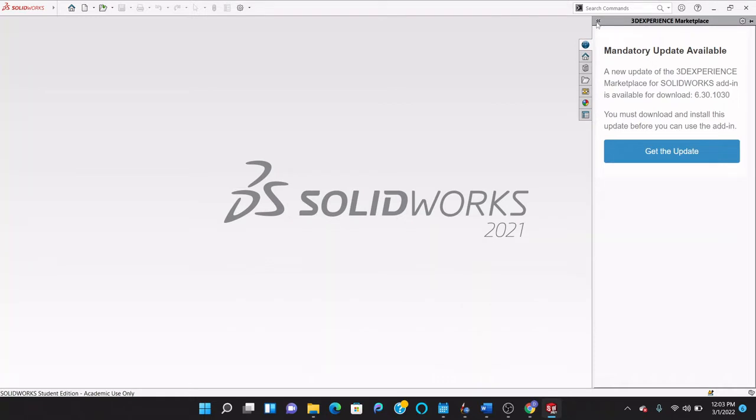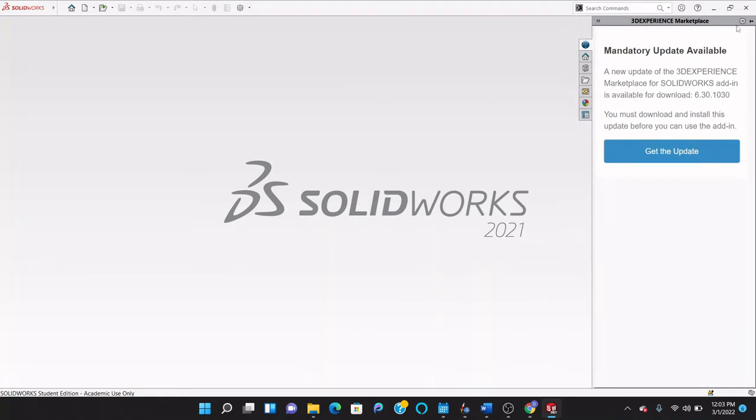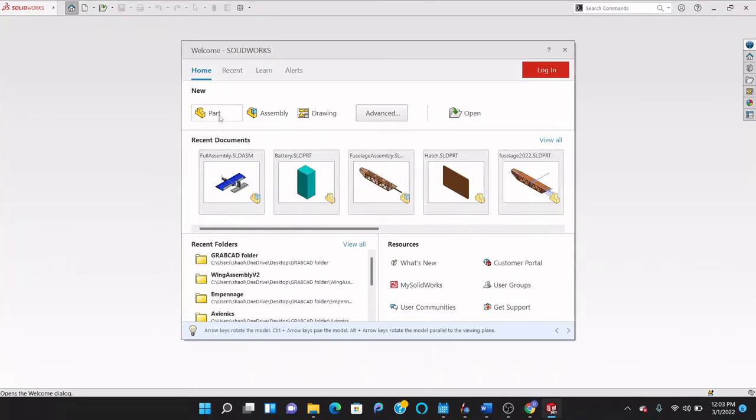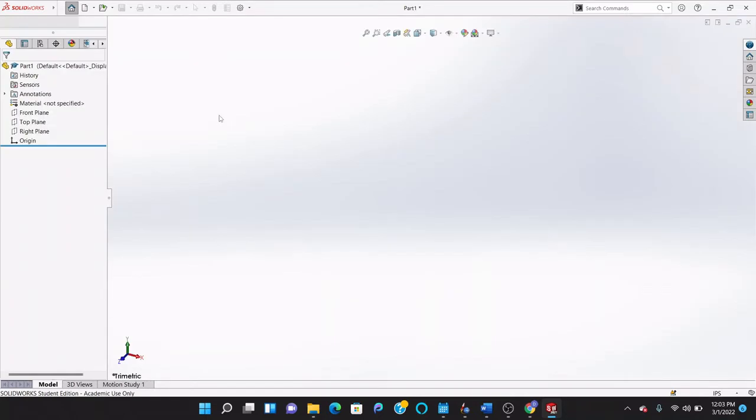First thing you want to do, we have the blank SolidWorks screen. You can get rid of this thing or just keep it there because I don't know how to get rid of it apparently. But what you're going to want to do is File, New Part. Okay. Now we click on Part